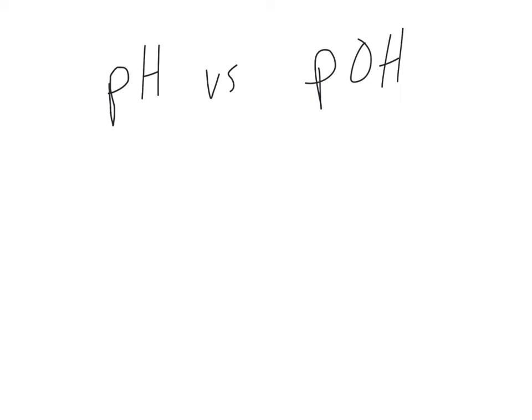Here's a different idea. Everyone in the whole world always talks about the pH of a solution. The pH of the solution is 5. The pH of the solution is 8. The pH of my pool is 7.2. Well, if the pH is a logarithmic measurement of how much H there is,